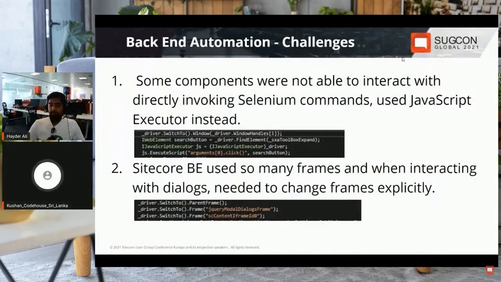Okay, so the number one challenge we had was when we were doing SXA automation in the Sitecore backend, we had a toolkit. When we load it through Experience Editor to drag and drop the components, it was not easily capturable by the direct click operator in Selenium. So we had to use JavaScript to do the click on that arrow component to make the toolkit appear. Then the second one is the frames. Sitecore had a lot of frames, so we cannot directly interact with components, though we see them. So we had to switch to frames in order for Selenium to